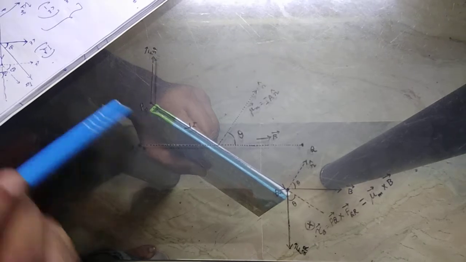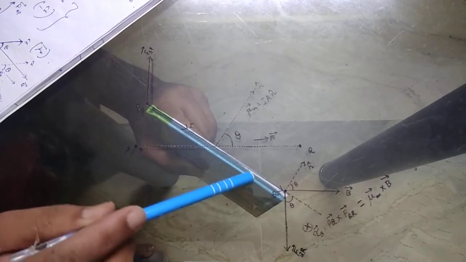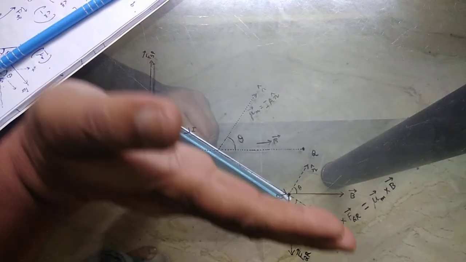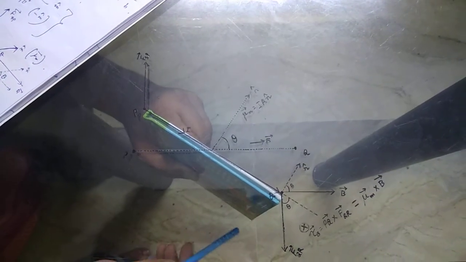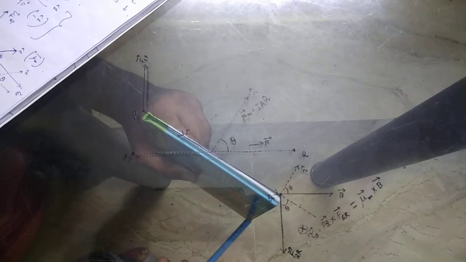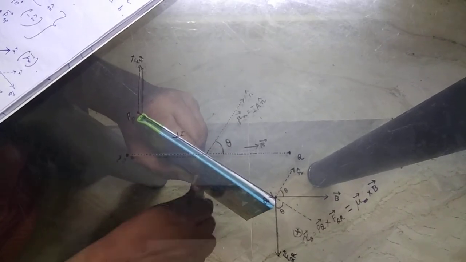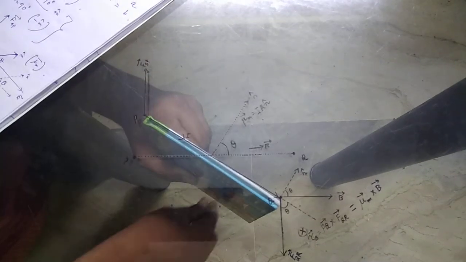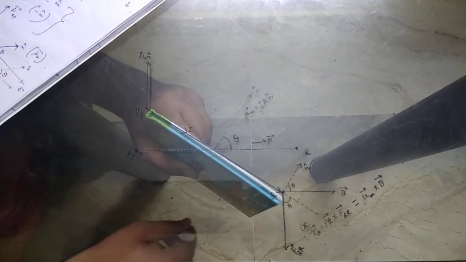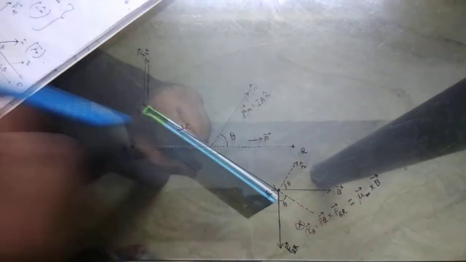Now we are calculating the forces. The force on PQ is I PQ cross B. PQ cross B means this is in the above direction, in this direction. On RS, force FRS will be I RS cross B, that will be in the bottom direction. So FPQ and FRS are equal and opposite and they are acting along the same line. Their line of force is the same, so they will be cancelling each other.